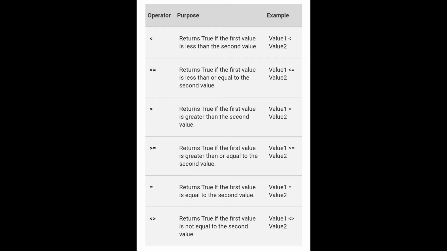Next, it returns true if the first value is equal to the second value. It's the equal sign, as you know, a very simple operator. Last one, it returns true if the first value is not equal to the second value, value 1 not equal to value 2. The name of the operator is not equal to. Understand the operator names and their functions and give examples in your workbook. You have to write the name of the operator, its function and an example for these operators. I hope you understand the functions of these operators. Just give any example comparing values in your own way.